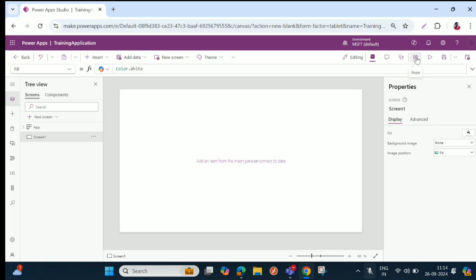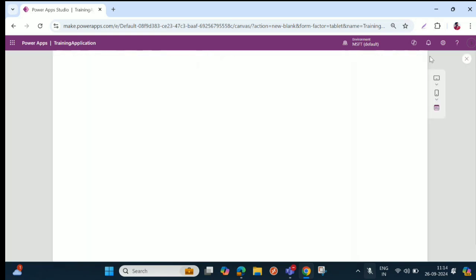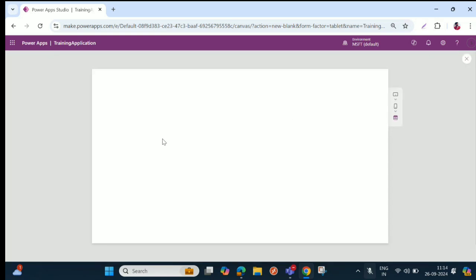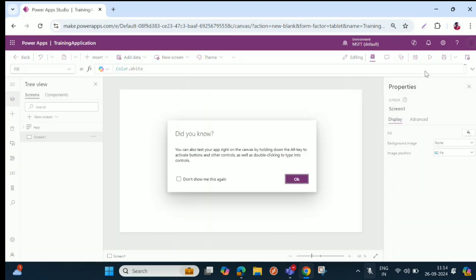Whether you want to give user access or co-owner access, you can give it from here. And this is the run mode, or a preview of the application. You can click on this run mode, then you are able to see how the application will look in a real-time view. So this is the run mode,